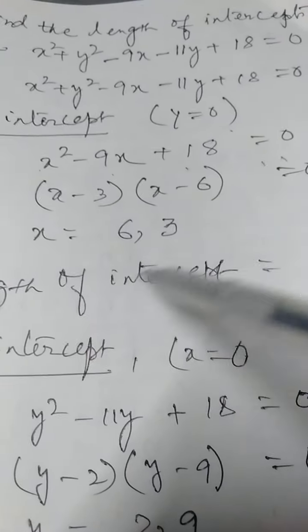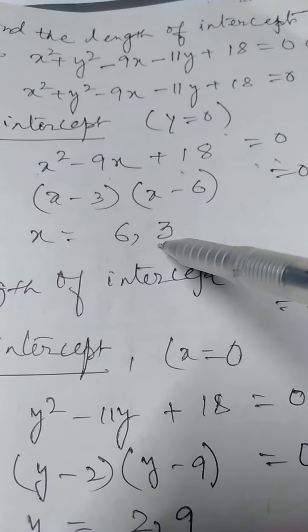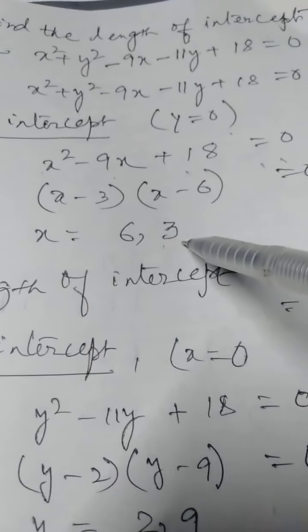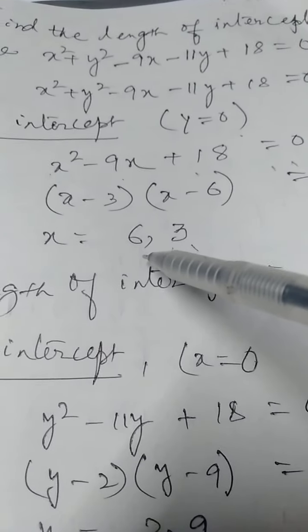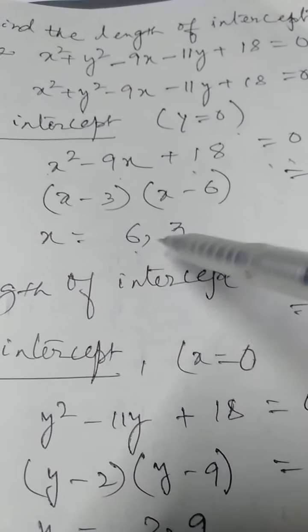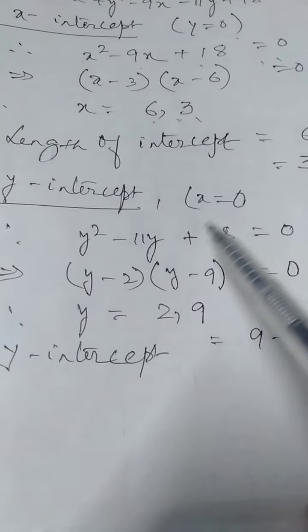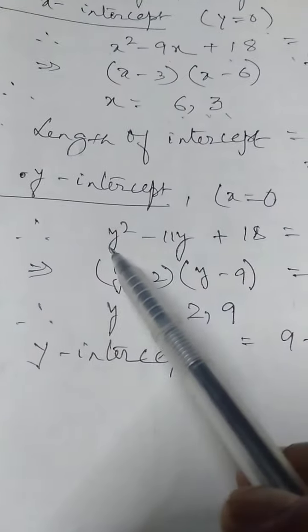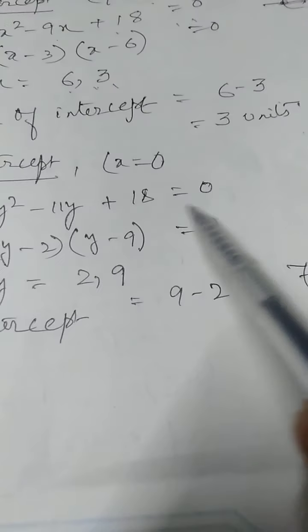On solving, we get the value of x as 6 and 3. It means that the circle intersects the x-axis at 2 points, at the abscissa 6 and 3. The length of x-intercept will be 6 minus 3, that is 3 units. Similarly, to obtain the y-intercept, put x equal to 0 and you will find this. And solve it, you will get 2, 9. So length of y-intercept is,